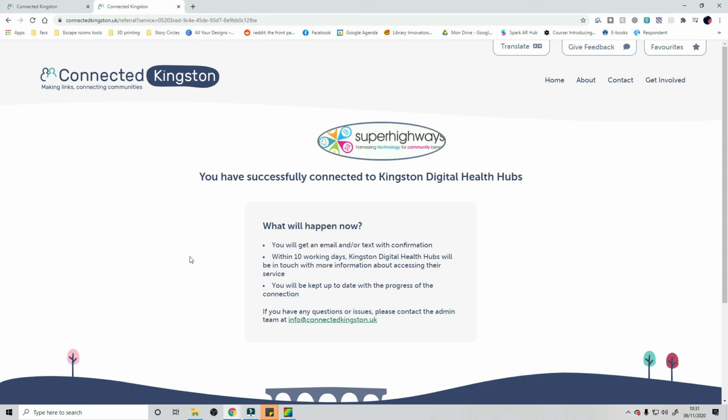So that's all for the referral system, the connection system. It's really good for helping people make the first step, or just to give them access to something they wouldn't know how to access themselves. And yes, that's really interesting.